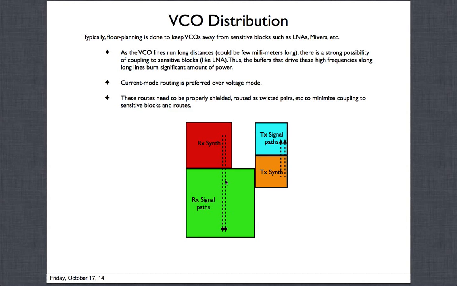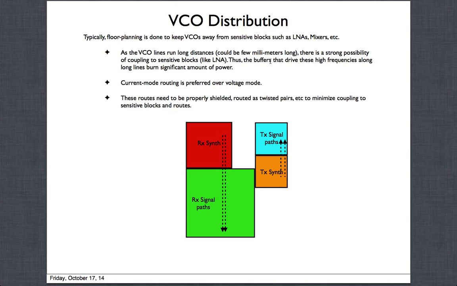But when we try to keep them small, what goes against that is that we want the VCOs to be on one side and the signal paths to be on one side. We don't want to mix them, because these guys are aggressors. They are oscillating at very strong signals, and the receive path you could easily couple to the LNAs if it was close to you. So there's a lot of trade-offs that have to happen, and in a scenario like this, coupling to very sensitive blocks is important. So how do you floor plan them? How do you keep these routes away from it? Sensitive blocks like LNA, we want to keep away and do the best job that we can.